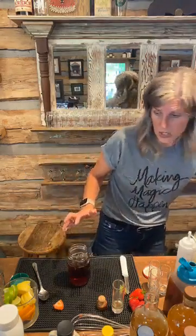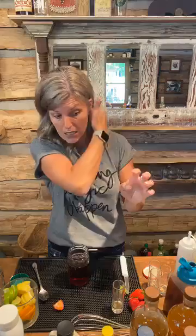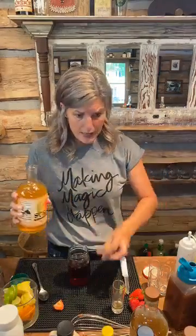Now this one would be super good. You could have done this one with the mint. Mason's, one of his favorites with sweet tea is the mint whiskey. If you haven't tried it, it is super good. But I wanted to do a peach honey type